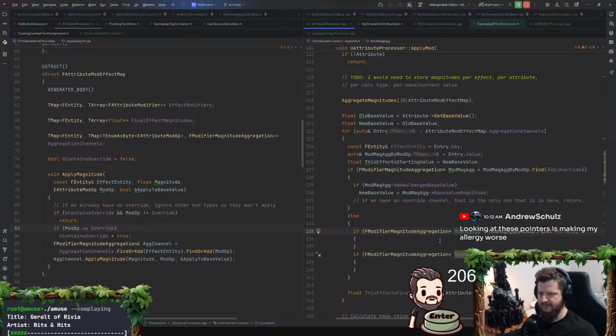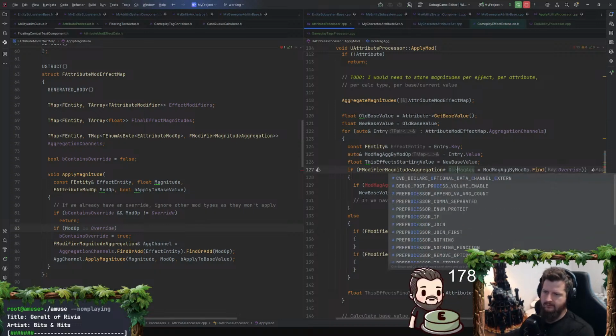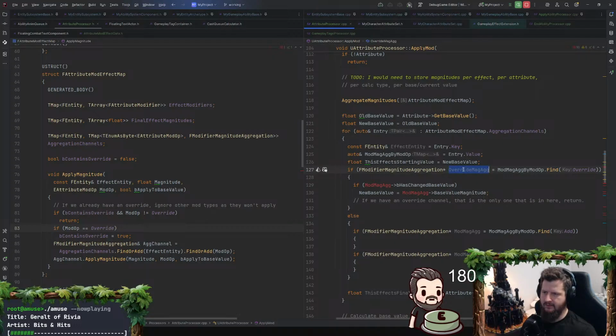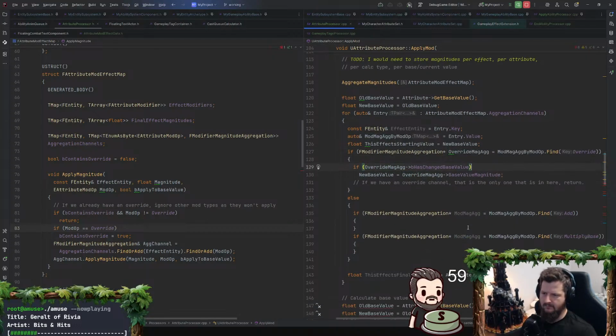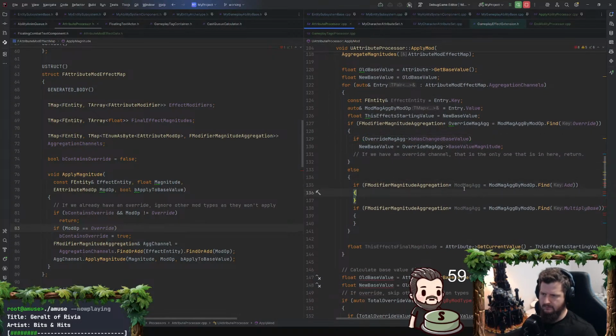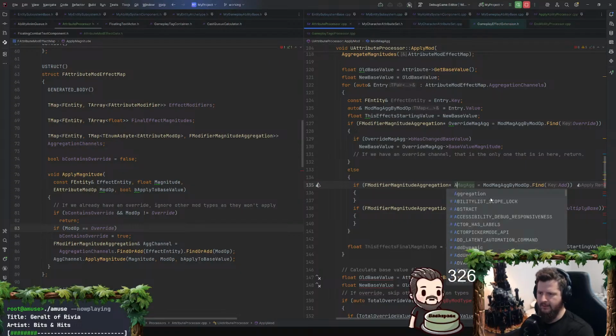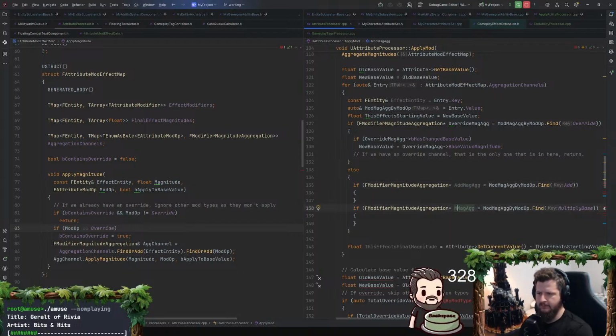It hides the previous declaration. That hides that? We'll explicitly call it. Then we'll call this add magnitude aggregation and multiply.